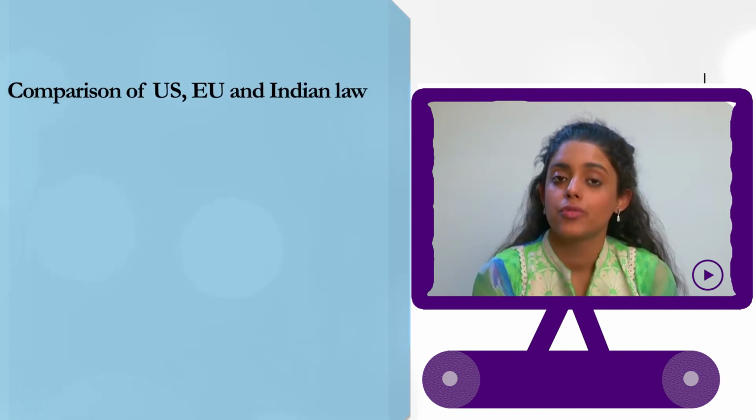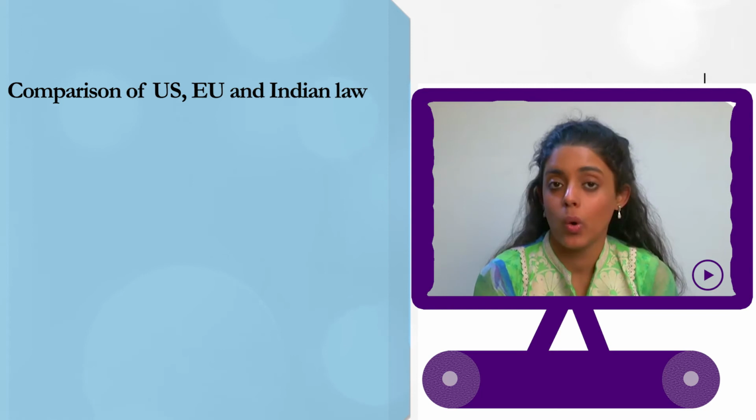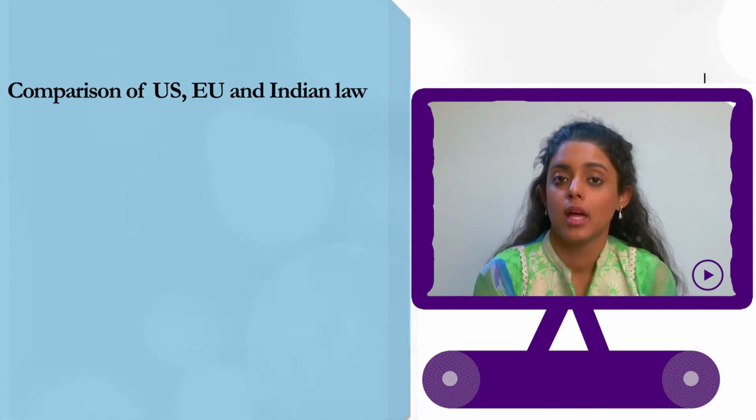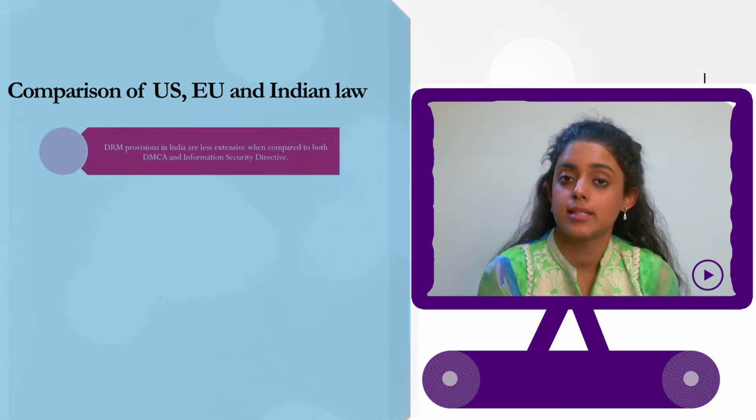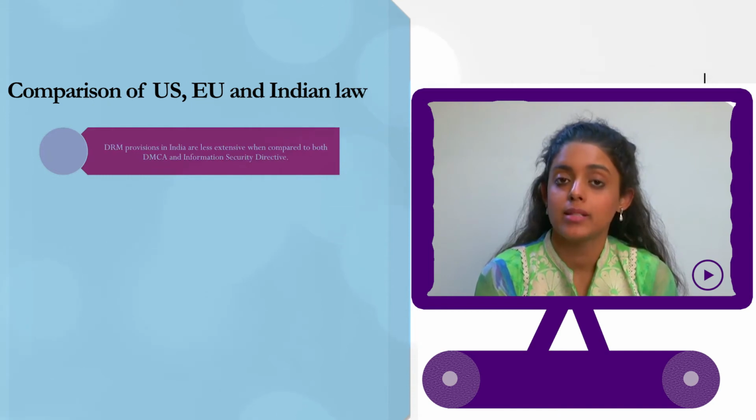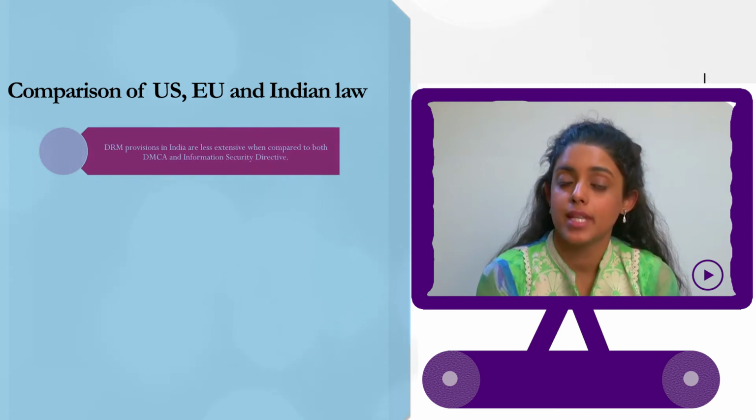Moving on to the comparison of three jurisdictions, the US, the European Union, and our own country, India, which is a developing country. Here the main difference lies in the fact that the US and EU have a well-framed copyright law which they have been practicing for over 2 decades. DRM provisions in India are less extensive and, as we discussed, implemented on a case-by-case basis with least intervention of the judiciary in cases where it's not required, when compared to the DMCA and the Information Society Directive of Europe, which are